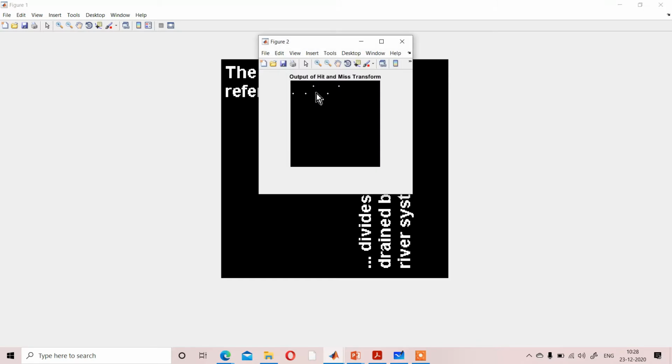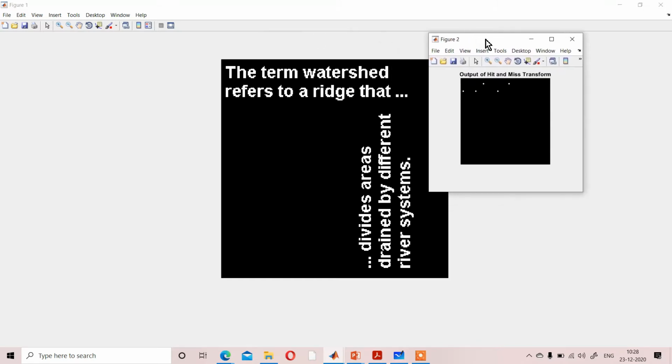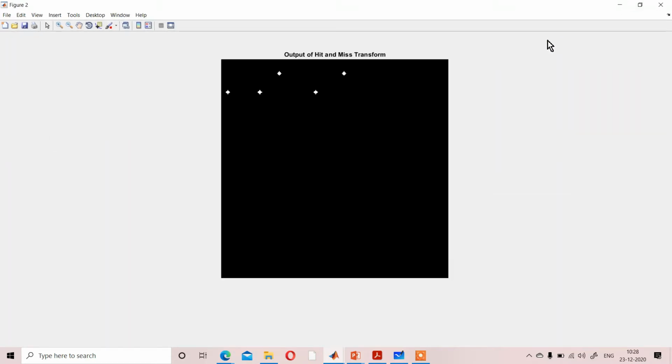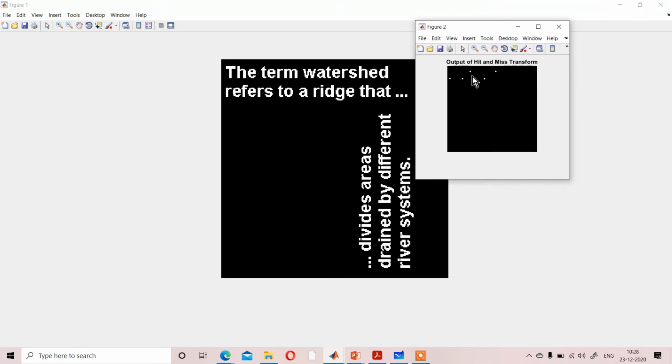double click, see here 5 dots are showing. You can check it. The 5 dots are showing, 1 2 3 4 5, means at that position you have R. You can check it. The first dot defines that R, the second dot defines that R, the third dot these are, fourth dot these are, and the fifth dot these are.